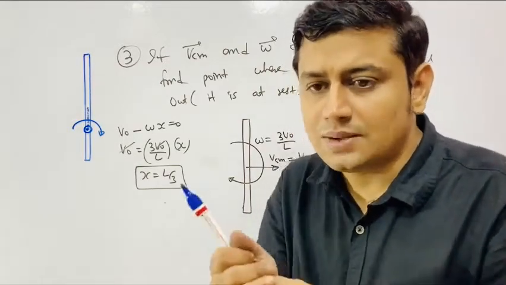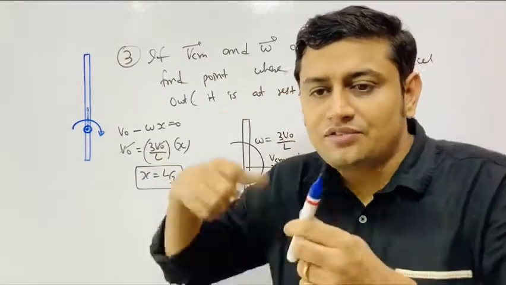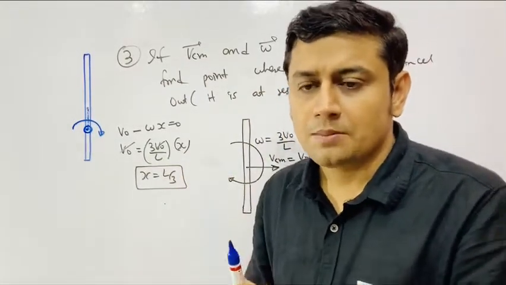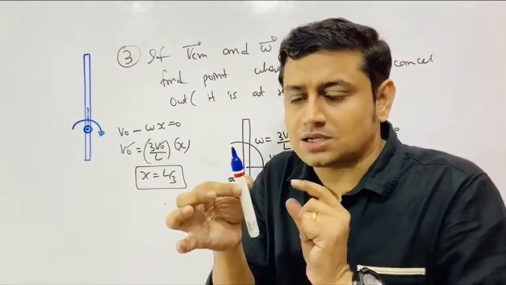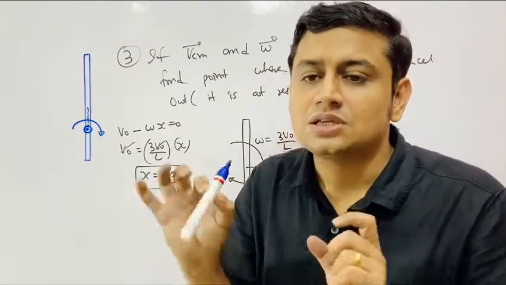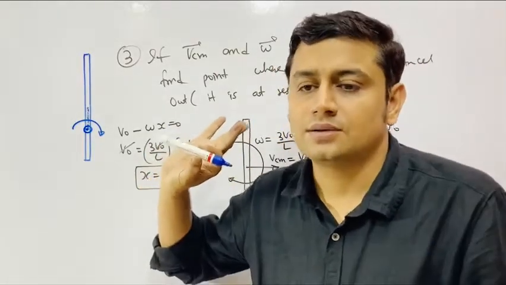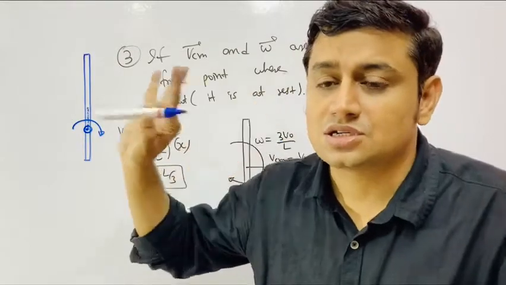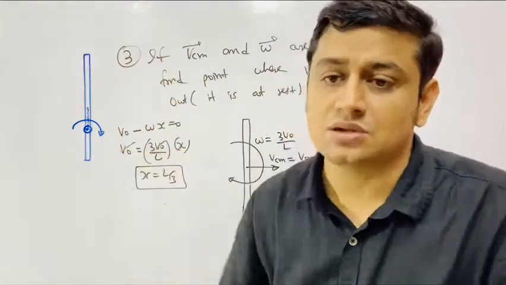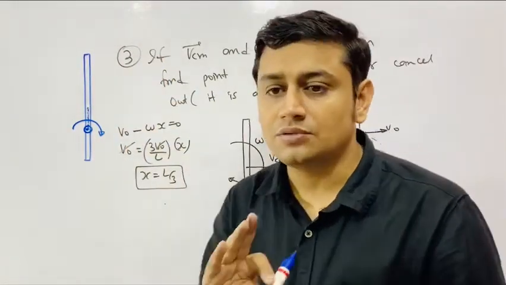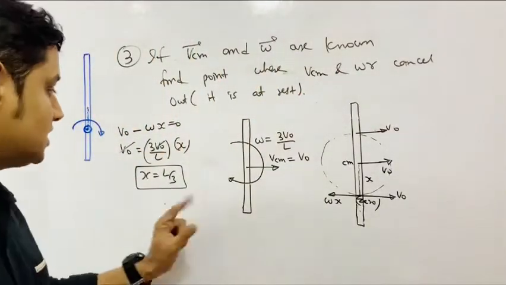So if I hold a bat and hit some ball, I feel the jerk in my hand. But if I hold at the center of percussion and then the collision takes place, there is no force on my hand. There is no jerk, no stress on my hand. That point is called the center of percussion. We will see it later on when we study collision. So this is L by 3.